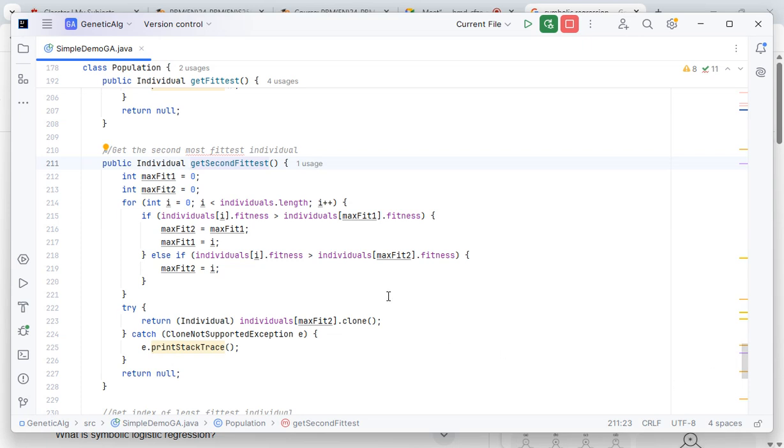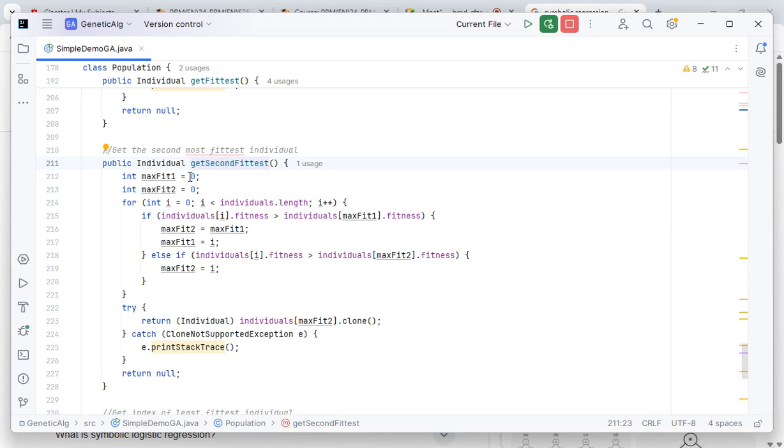You see, they want to find the fittest one, and they compare the fitness. So the max fit 1 was 0, yes? And then we compare with the first one. If it's larger than the first one, so it's better, then we get this one